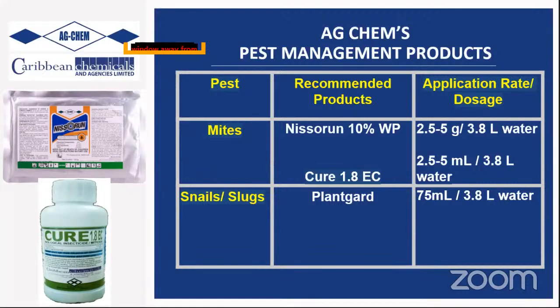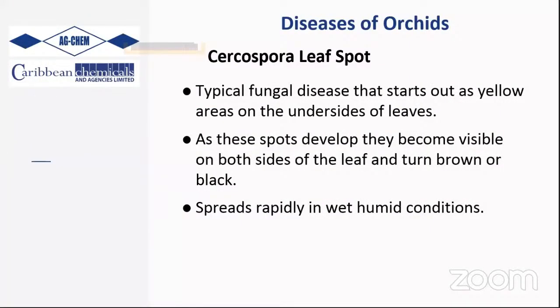But definitely, if you're not seeing them when they're coming in and you know where they're colonizing during the day, a quick knockdown with Plant Guard at 75 mils per 3.8 liters of water is a perfect treatment. Okay, in terms of diseases now,